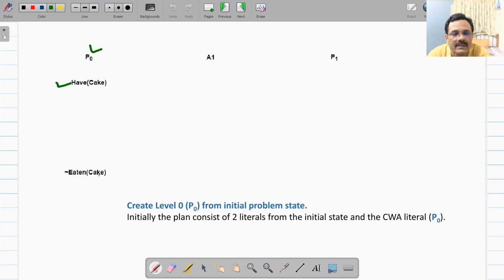Now why has this been introduced? Because later on that state is required. If you have closed world assumption, where the prepositions which are not mentioned are assumed to be false, then in that case you can introduce this not eaten cake.